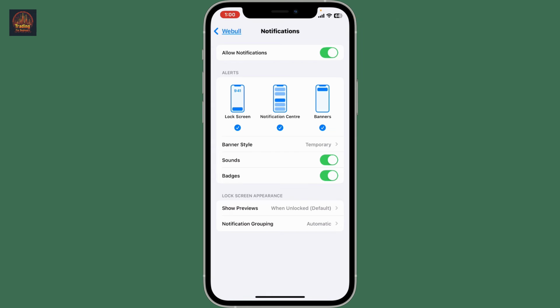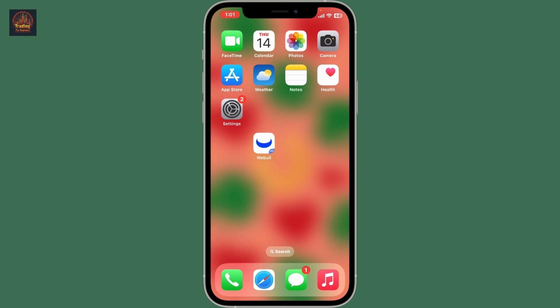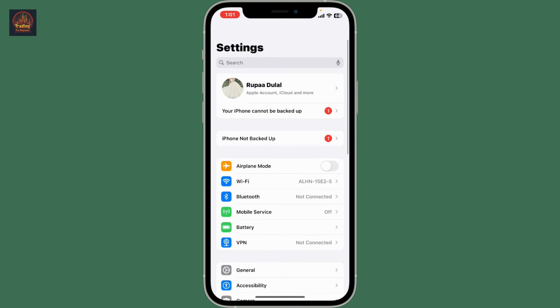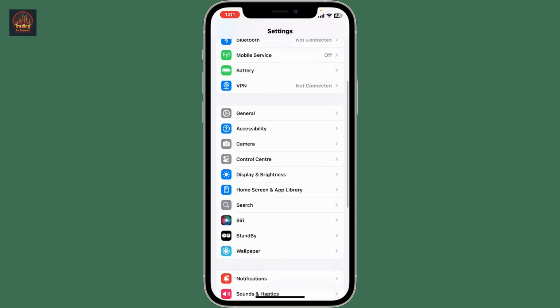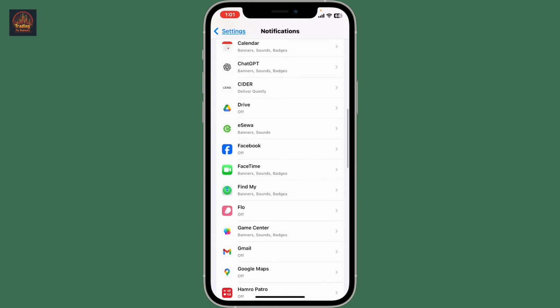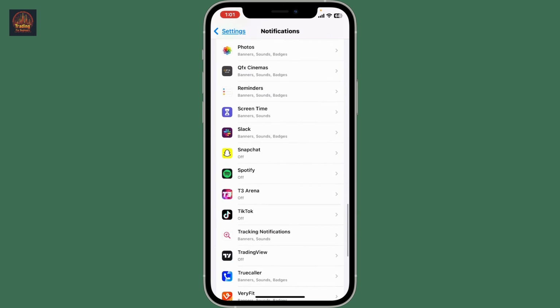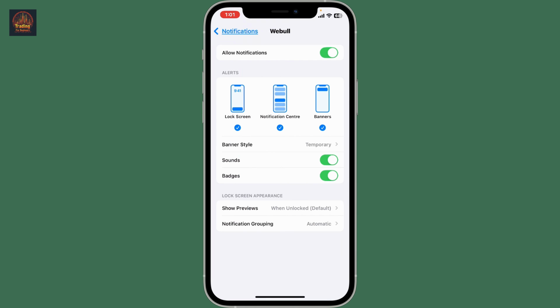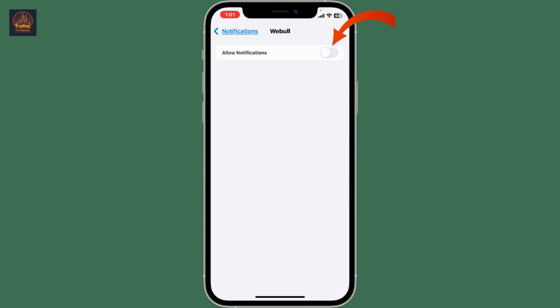Now once you allow the notification setting, you'll receive various notifications such as news alerts, price alerts, promotional notifications, and so on. If you ever want to disable notification, then you'll need to go to your device's settings app, and from the settings app, go ahead and tap on notifications. Under notifications, select WeBull from the list. On the next page, toggle off the button right next to allow notifications, and this will disable the notification setting